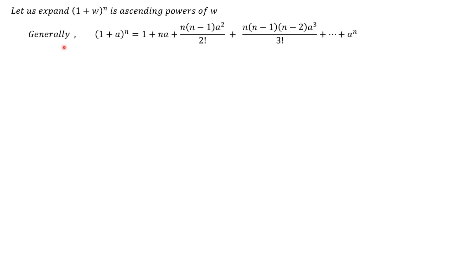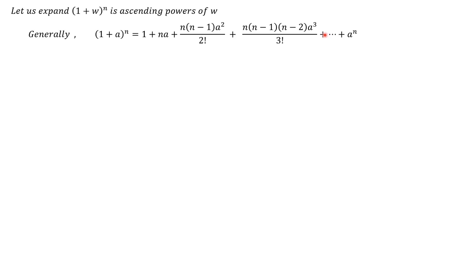So at the level of the equation, we are asked to expand 1 plus omega squared, raised to n, in ascending powers of omega. Obviously, generally, we know that what? We know from binomial expansion that 1 plus a raised to the power n is equal to 1 plus na, then plus n(n minus 1) times a squared divided by 2 factorial, then plus n(n minus 1) times (n minus 2) times a cubed divided by 3 factorial